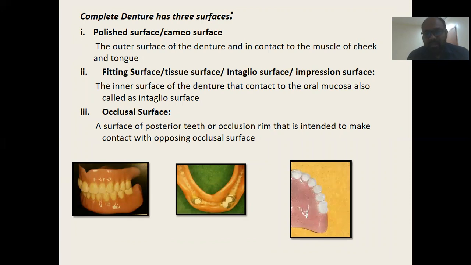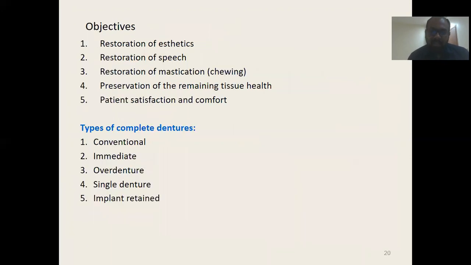Now, for us to understand, this is very basic for your complete denture. You have three different surfaces, and each of the surfaces has to be recorded and designed properly for the success and outcome of the prosthesis. So this lecture is just aimed at introducing the different surfaces. In subsequent lectures we can deal with different aspects of how these surfaces are important and how to record them and how to design them to improve the success of the prosthesis.